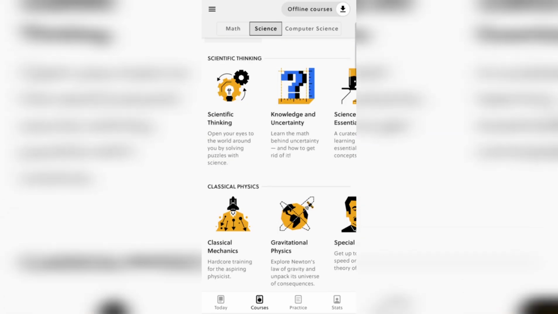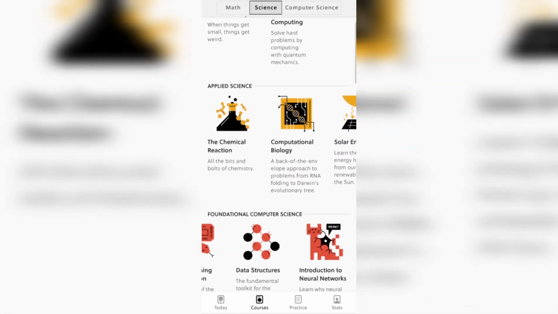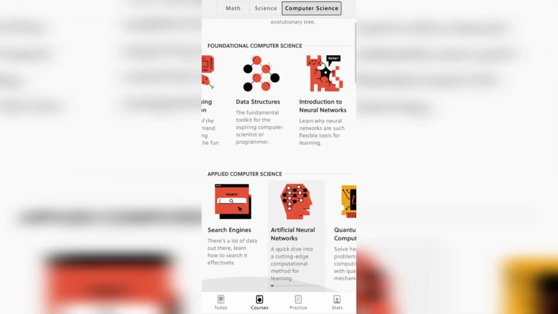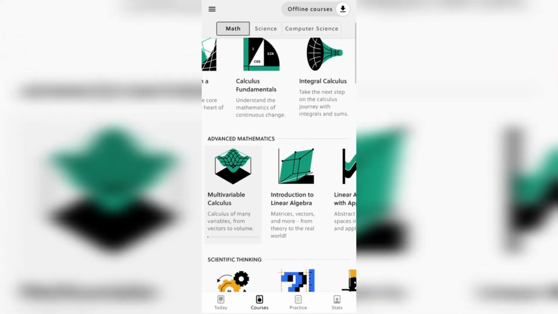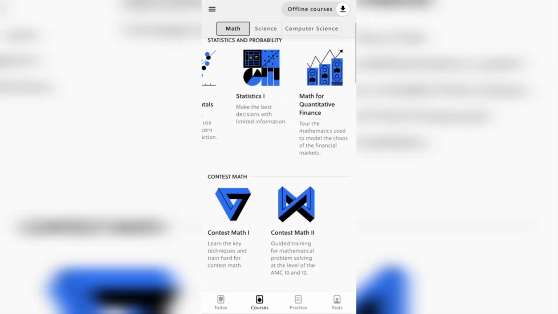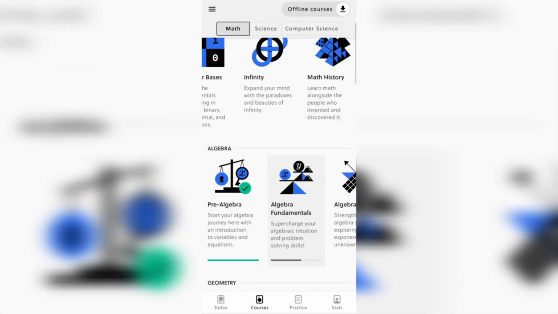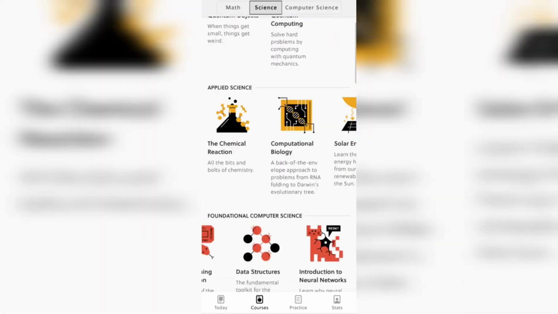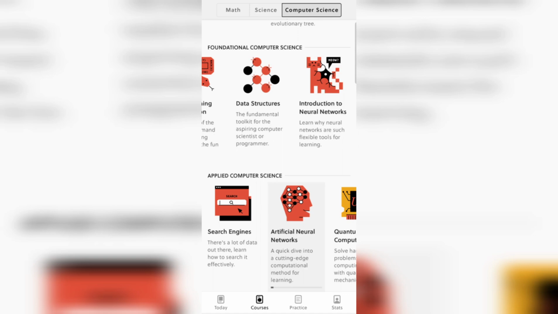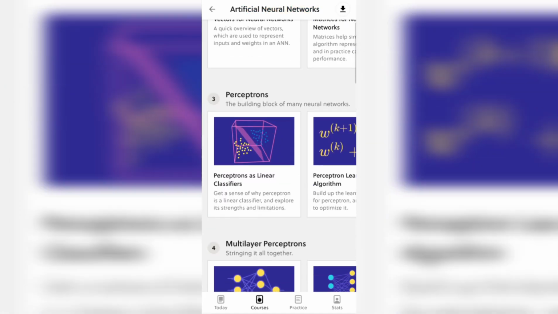Then you have scientific thinking, classical physics, quantum mechanics, applied science, foundational computer science, and applied computer science. So I think that statistics and probability, as well as algebra, are going to be very helpful when it comes to jumping into machine learning. So in this case, back to artificial neural networks,